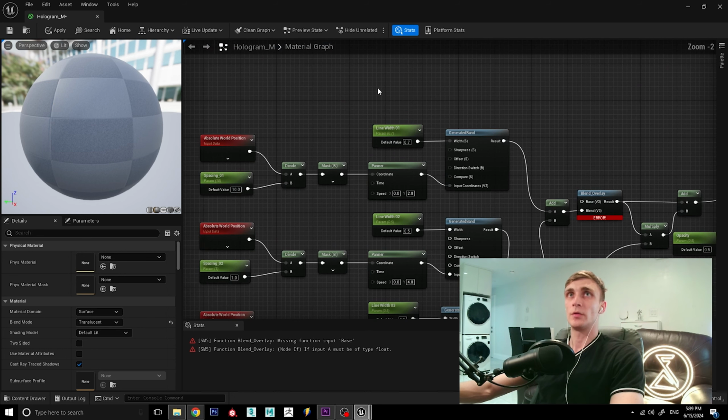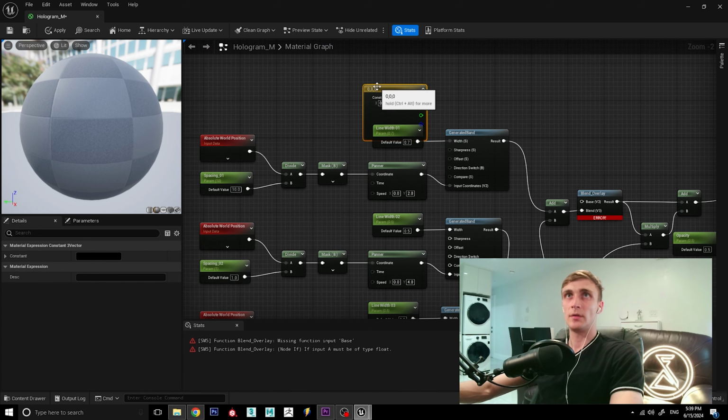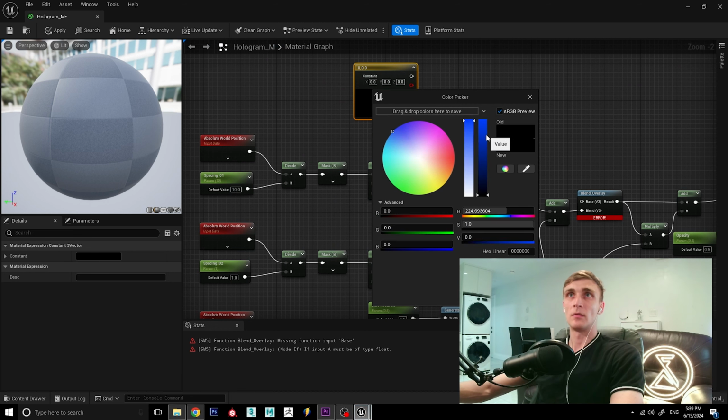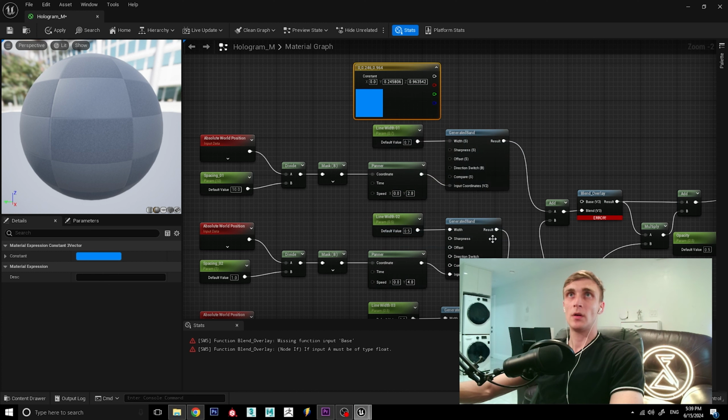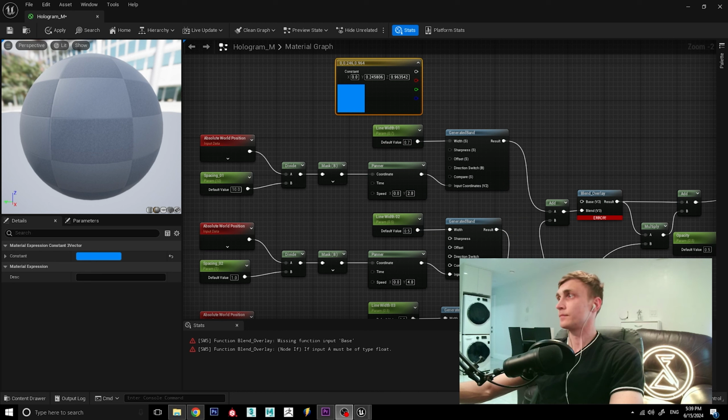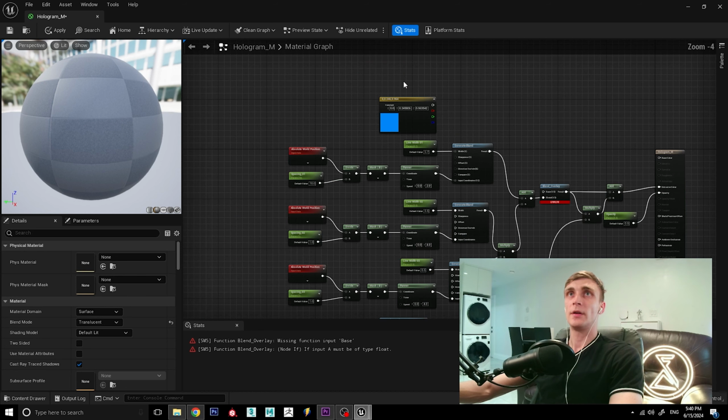Now here I want to create one more parameter, hold 3 and left click. I want to create blue color temporarily. Let's move it slightly higher and create